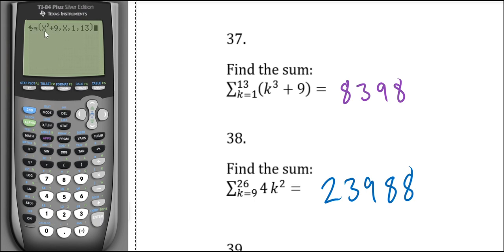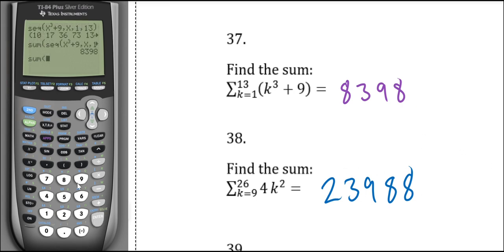And notice that this populates the command sequence with the values that we put into it. If you had a TI-83, for example, you would have to know this order and plug these in as such. And this is going to give us the values 1 cubed plus 9, 2 cubed plus 9, 3 cubed plus 9, and so on. What we really wanted to do is add them all up. That's what this symbol means. So let's go back into our list ops, and that would be the command sum, which we can find under the tab math. So in order to put that in without having to retype everything, I'm going to press enter to call my last entry, go back to the beginning, and insert the sum command. Now, you could also have just typed the sum command first in the first place,